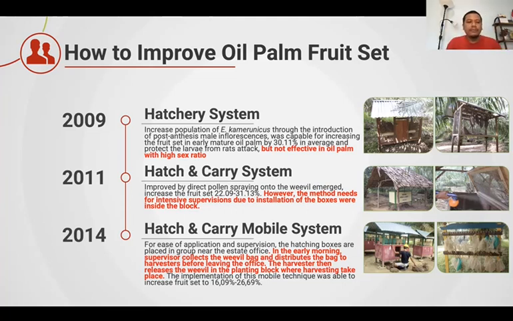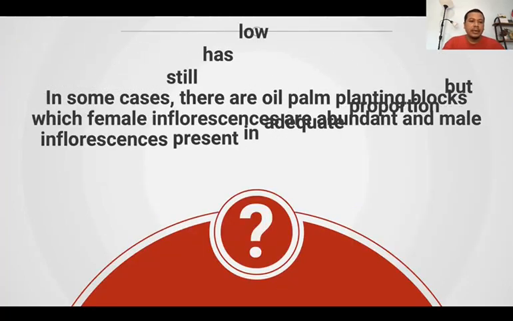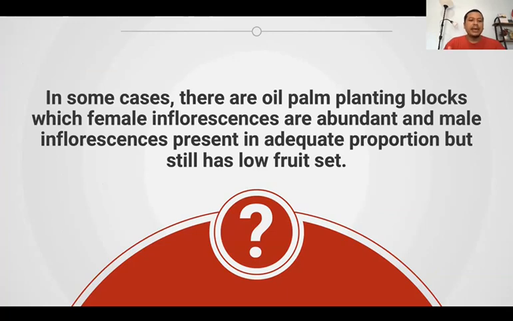But however, all of these techniques are still not efficient in the field. I think even in some cases there are oil palm planting blocks in which female inflorescences are abundant and male inflorescences are present in adequate proportion, but still have low fruit set. So what is the